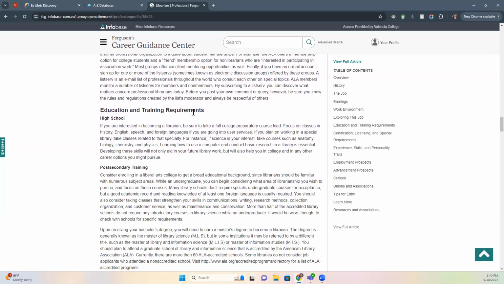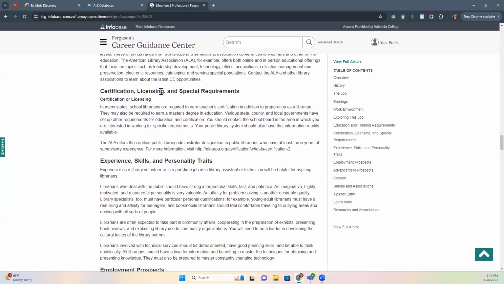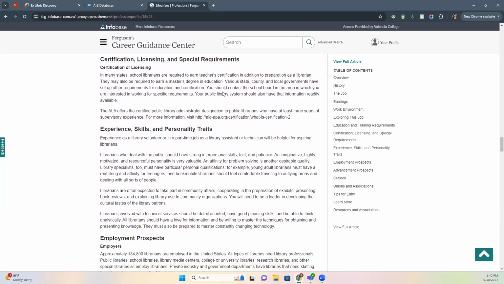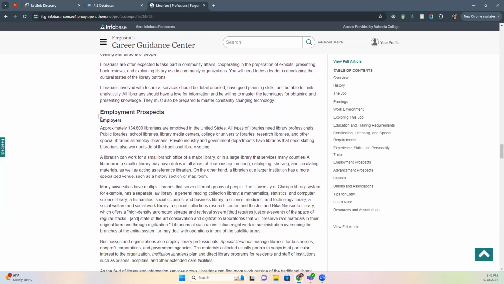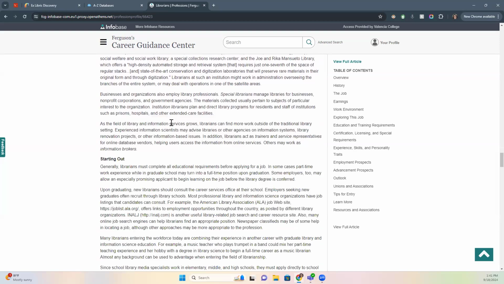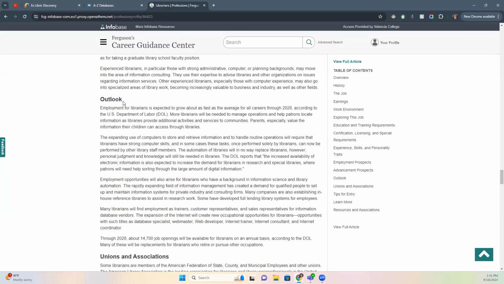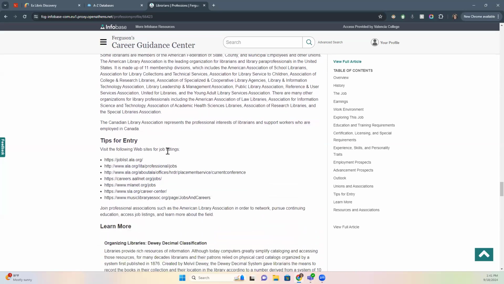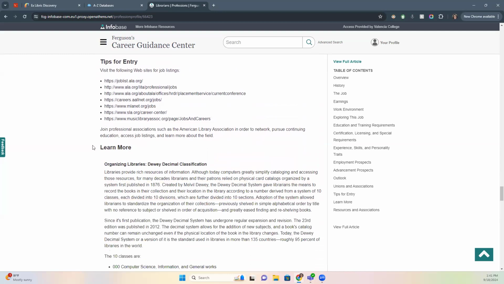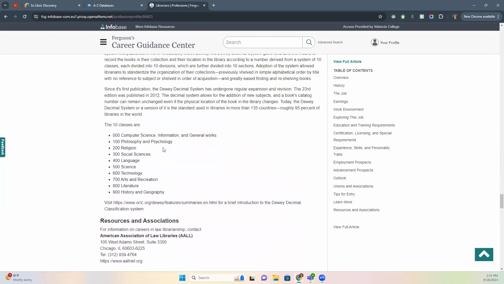education and training requirements, certification, licensing, and special requirements, experience, skills, and personality traits, employment prospects, advancement prospects, outlook, unions and associations, tips for entry, and you can learn more at the bottom. If I scroll back to the top,